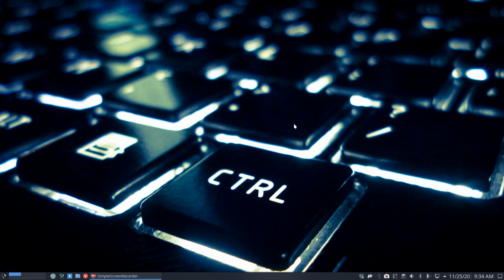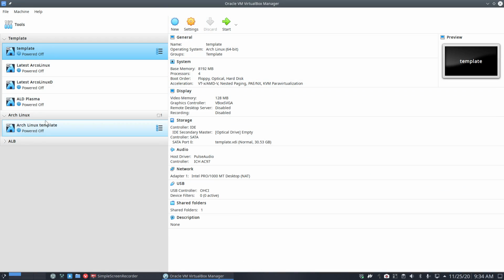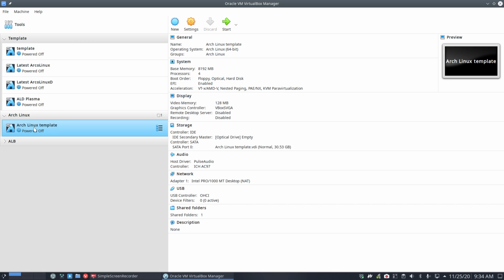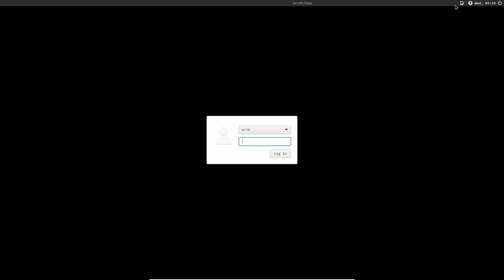Topic of the video. I still have a to-do, Super F7. I still have a to-do on the ArcoLinux front. You know, I'm a lover of templates, because if you have an ArcoLinux template, which was probably launched months ago, it makes sense to launch it again, update it in the template, and then clone it, because I want to make a tutorial on demand of a user. Mostly there we start, right? Somebody asks a question and says, oh yeah, I never explained that one, and then we explain it to you in a video. So in VirtualBox, right Control F2, I go to the TTY in ArcoLinux in VirtualBox and update the